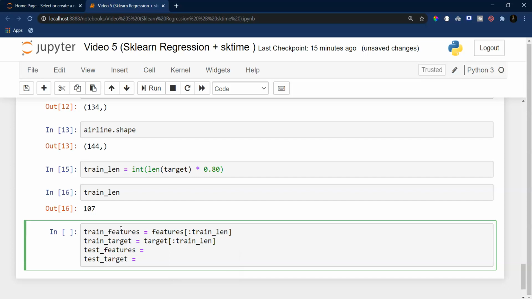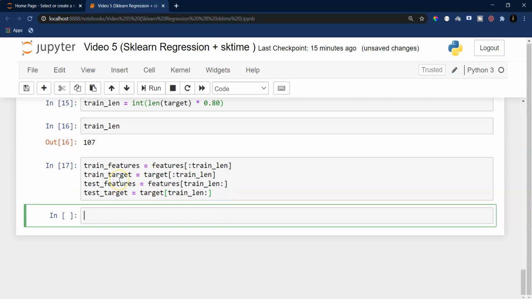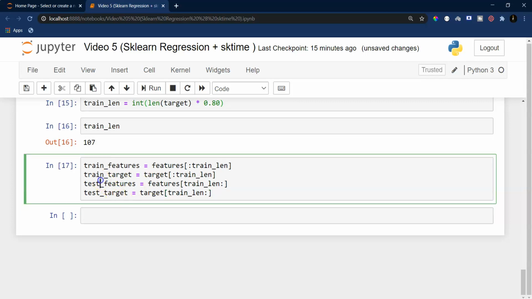And for the test, I will start from train length and go all the way to the end of the features and target. Now if I run this cell, we will have both training and testing data. The reason that I split it like this is because I want to store only the most recent last values for prediction or for forecasting. I cannot randomly shuffle the data set.